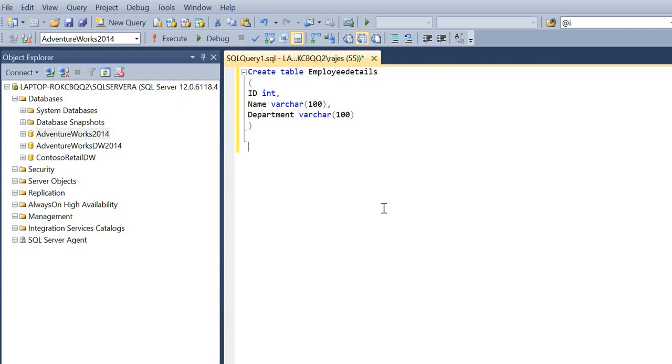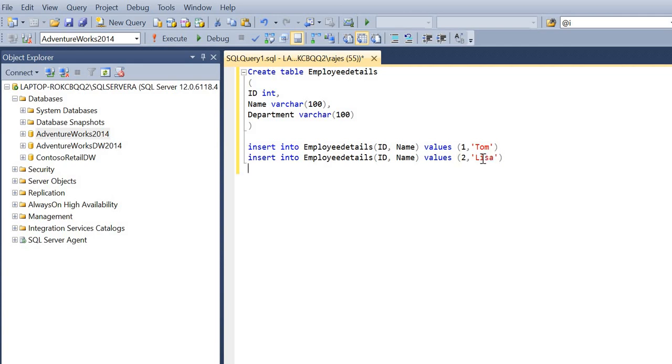Now, after creating this table, let's just say I'll insert some dummy data into this table. Now, from the source or whatever may be the reason, when we are creating the employee details, we don't have the department details. So we'll just feed in only the ID and the name. Values 1 and Tom. And we'll add one more record where the ID is 2 and say Lisa.